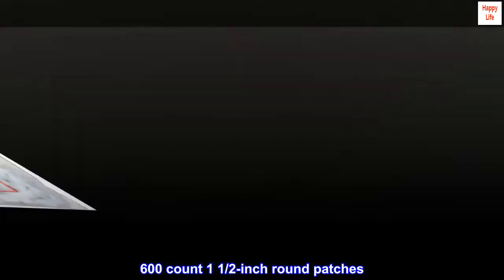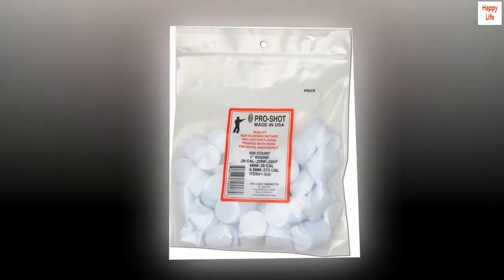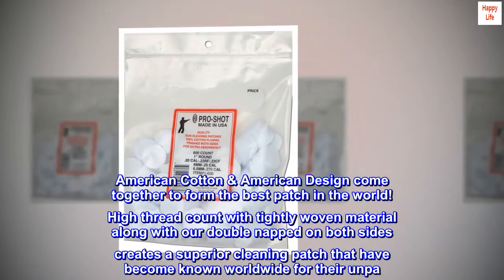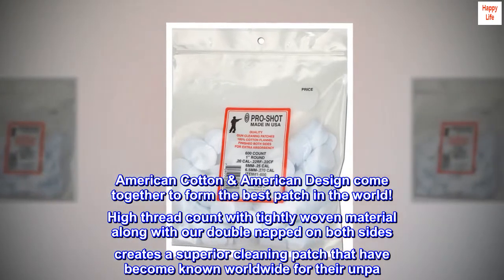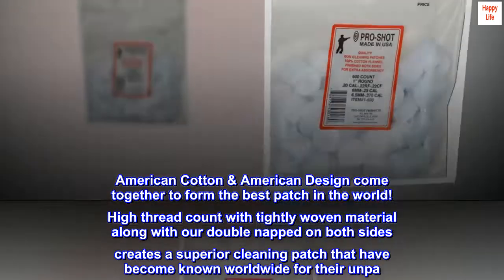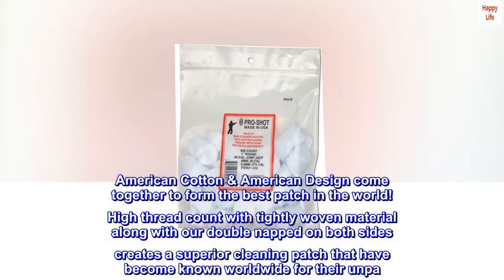600 count 1.5-inch round patches. American cotton, American design come together to form the best patch in the world. High thread count with tightly woven material along with our double napped on both sides creates a superior cleaning patch that have become known worldwide for their